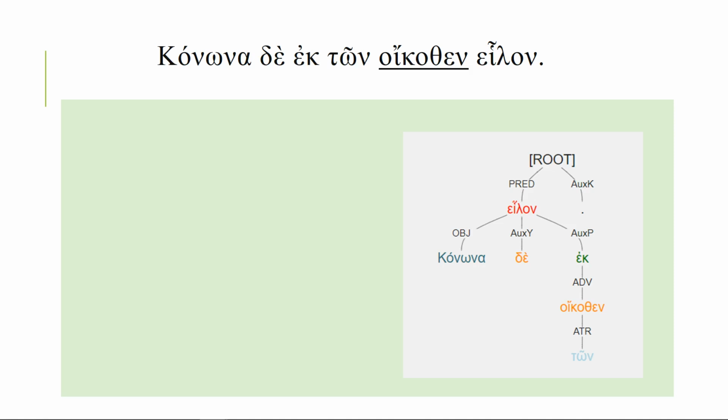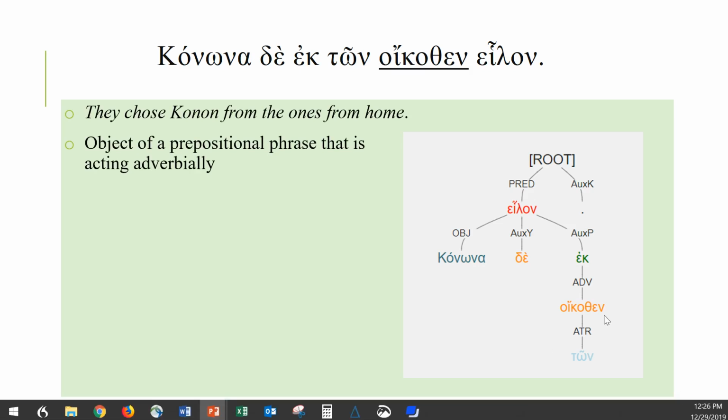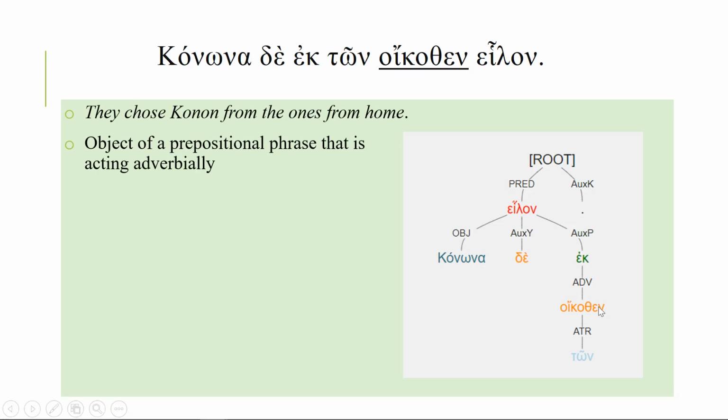So they took Conan. Conan in the nominative doesn't have an alpha on the end. We know that's an accusative. So they took Conan from the ones, oikothen means from home. So they chose Conan from the ones from home. In this case, from home is an adverb, and it's acting like an adverb in the sentence, but not because it's actually acting in place of a noun, right? It's the object of a preposition in this case. It's just that the prepositional phrase happens to be an ek